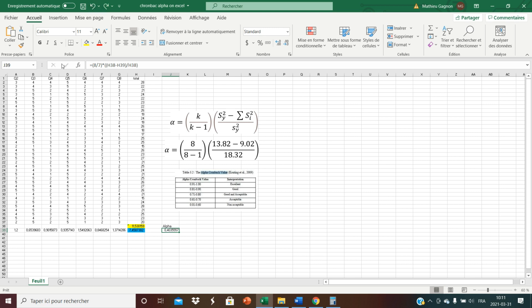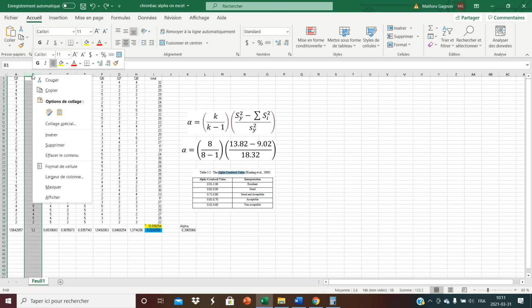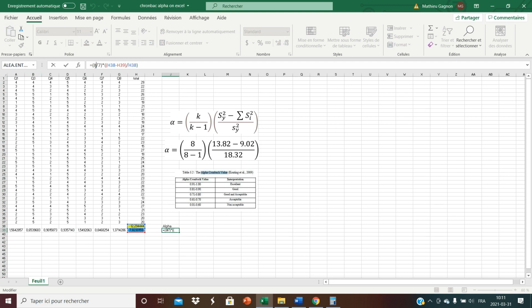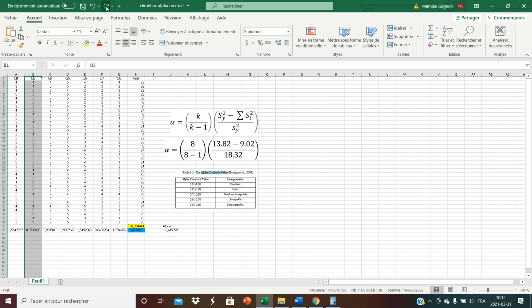Pas super. Gardons l'item 1 donc. Where is my item 1? Ding. Essayons de couper l'item 2. Supprimer. Okay. But then again, I have to go here and cut this. Not cut it, but change it from 8/7 to 7/6. And then press enter. 42. So I went from 39 to 42. Still bad.